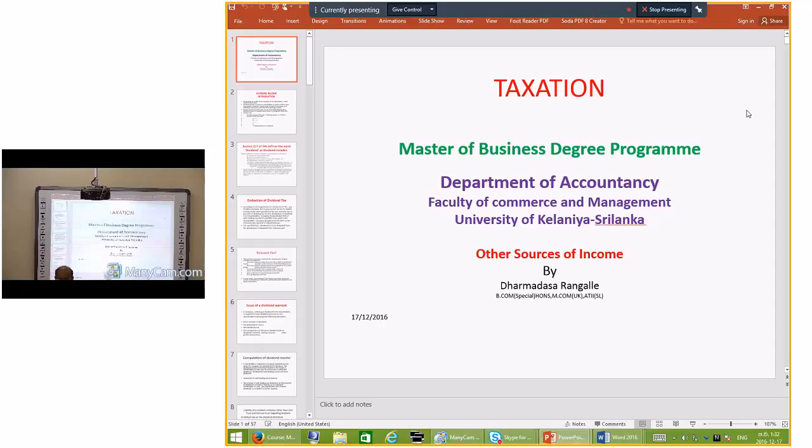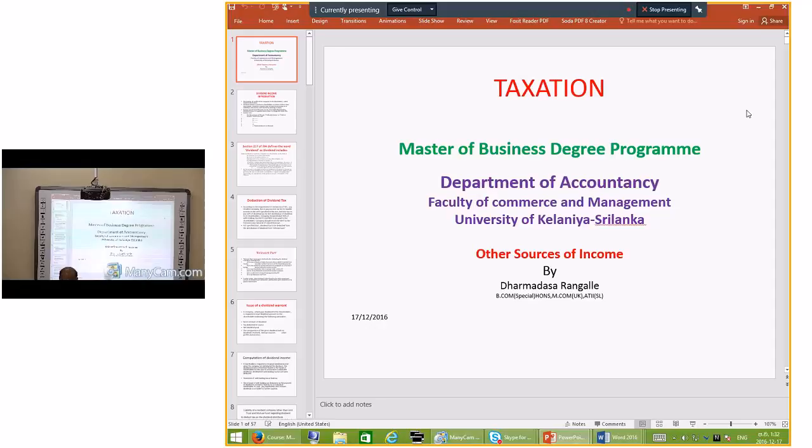But in the case of banks or financial institutions, they also receive interest on customer advances. In such cases, that becomes the gross turnover of the financial institution. There is one difference,